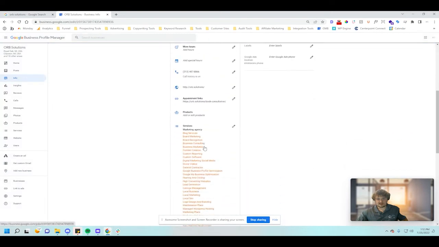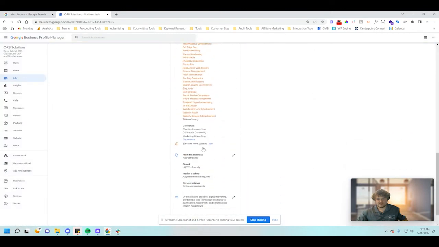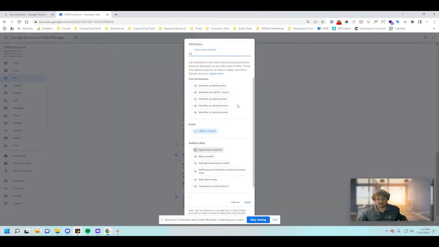So then going back to info, that moves us past services. If you continue to scroll down to the bottom, you can add attributes. So if you're a Black owned business, LGBTQ, Latino, veteran owned, women owned business, add these sections here. Google likes to see that in here, and they'll reward that by creating a badge on